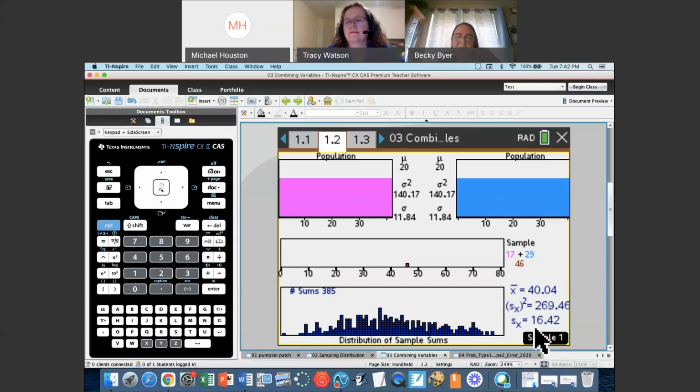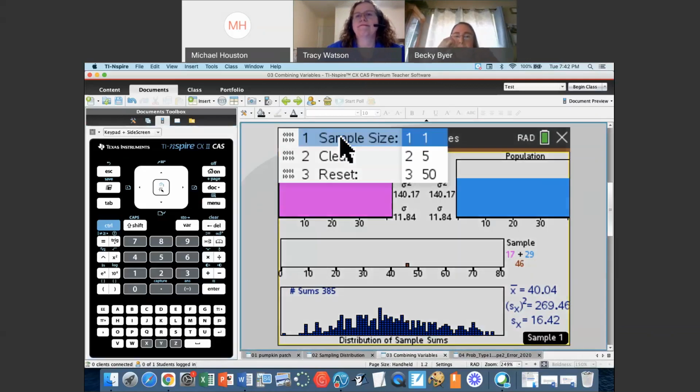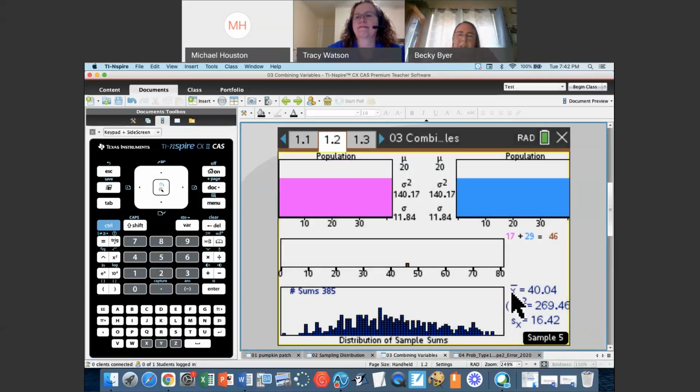So now that Tracy has done this one sample at a time, your students understand that you're doing one from the pink population and one from the blue population and summing them. But you've done that sampling distribution from before to realize your sample size probably should be more than 30. We can change the sample size to 5 if you want to reinforce with the kids how this matching is going to work. Because with 5, you still have a little bit of real estate on there. Oh, you might need to go clear that, Tracy.